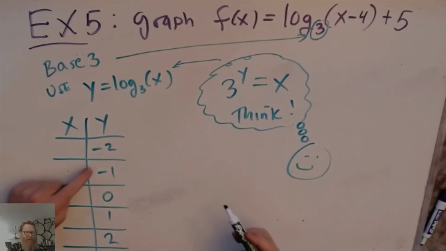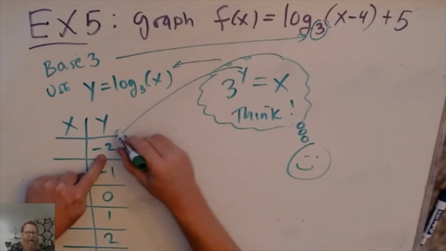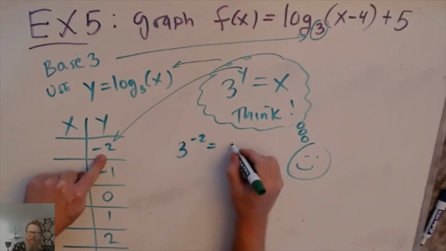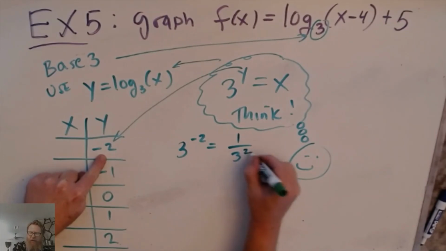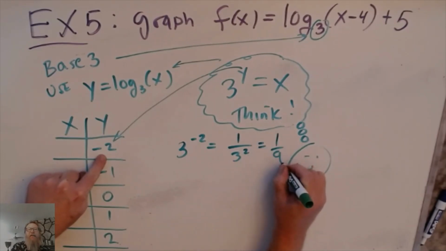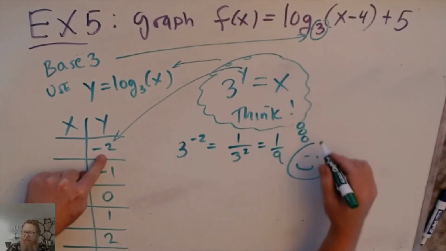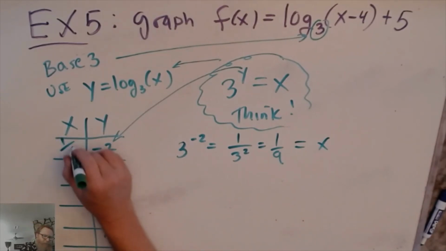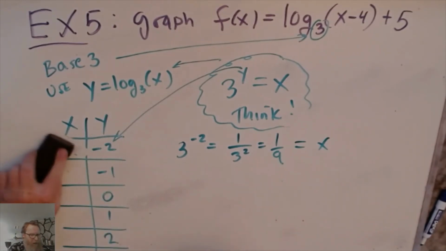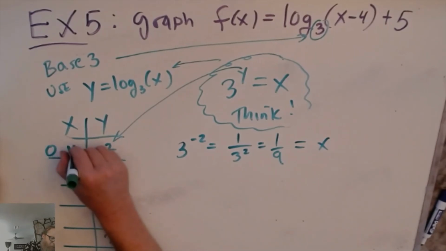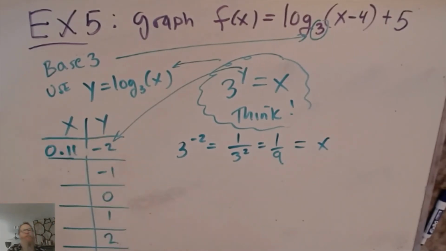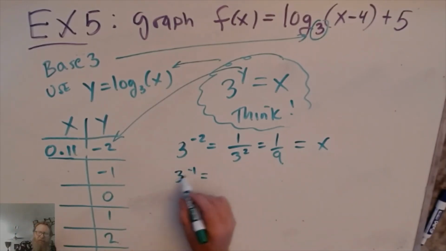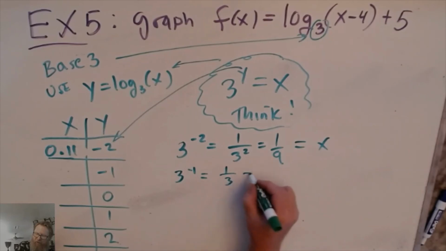Okay, so what you're thinking is 3 to the y is going to give you x. So 3 to the -2 is 1 over 3 squared, which is 1/9. So that's going to be your x value. Probably won't plot 1/9 as a decimal. It's 0.1111111, or just 0.11. For -1, 3 to the -1 is 1/3,